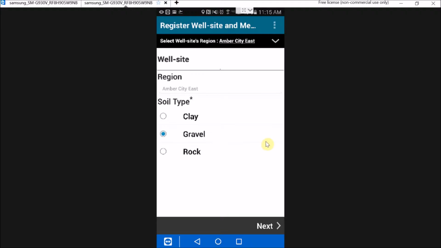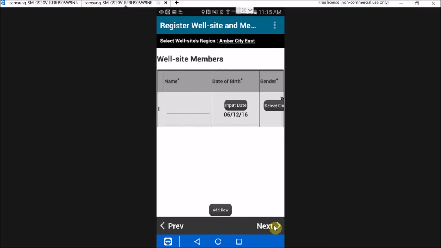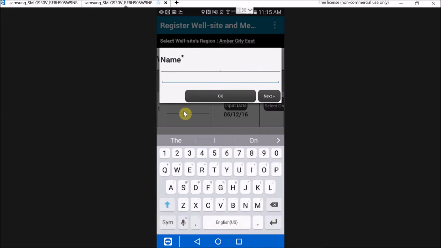and enter some well site level information. And then I can create data using a repeating section in tabular format. As you can see, the questions are displayed in columns left to right, and each row represents a different instance of the repeating section. So I can enter a name,